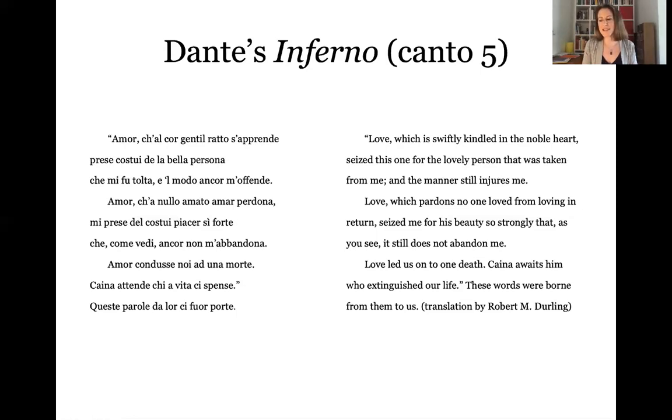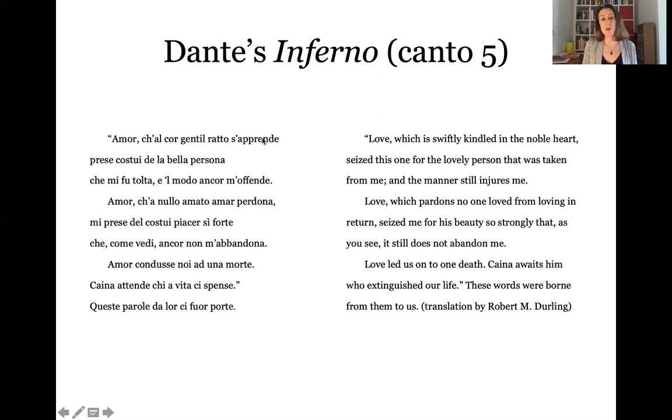And you'll notice, this is where paying attention to these formal aspects is very, very strong. Amor condusse noi ad una morte. What do you hear in una morte? We've been hearing amor, amor, amor so much in this passage that by the time she gets to death, it sounds like love again, right? So love into death, that happens very, very literally here. And in this kind of sonorous effect, we get transported along with Francesca into the sense of inevitability. As a whole, the Comedy will show us that, in fact, none of this is inevitable. There's always choice for each human being. But you can see how the poetry does this work of bringing us in.